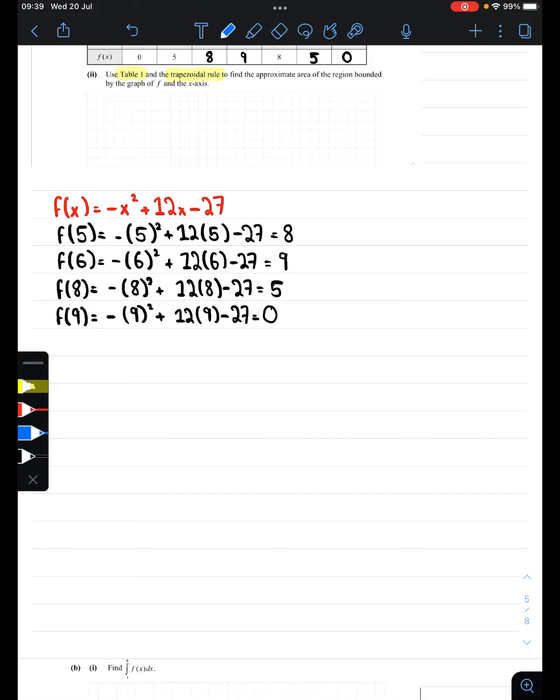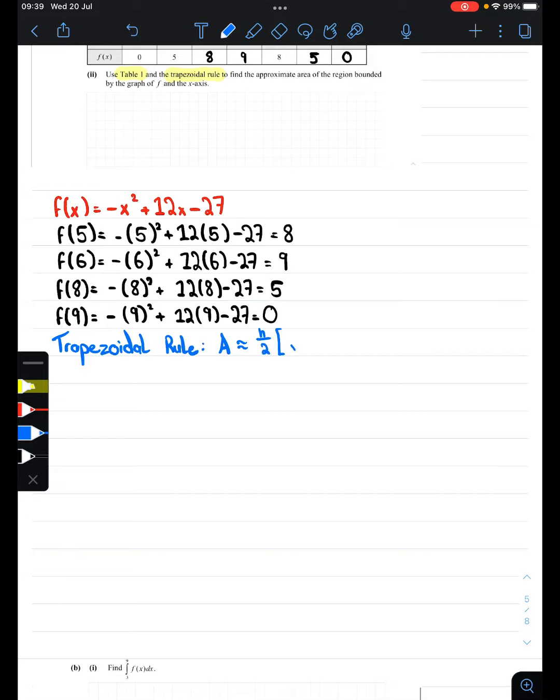Well, let's just write that out. Trapezoidal rule, and we can just go to the log tables and it is that the area, which is what we're looking for, is approximately equal to h over 2